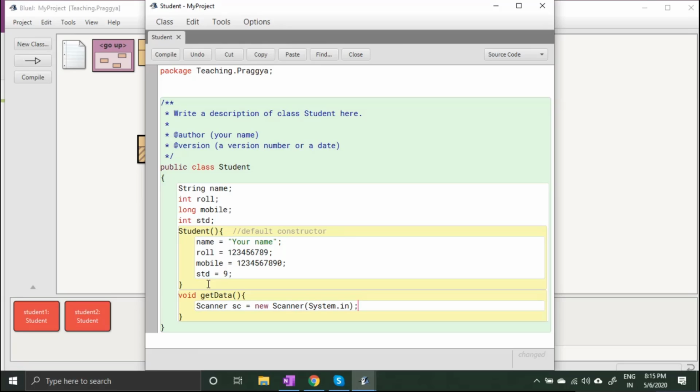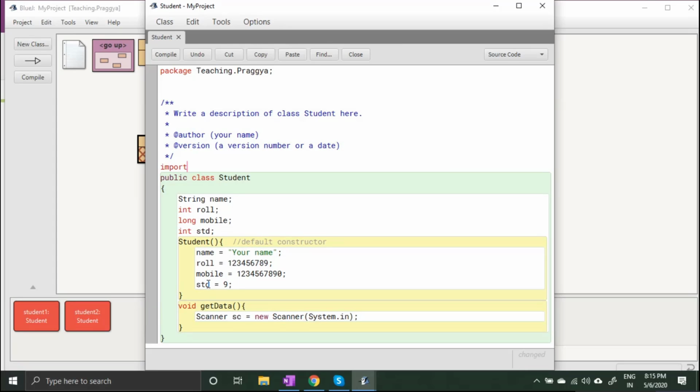So you write this, and then you need to import here. You import java.util.*. So you imported this, okay? Now you can feed the data for the object, right?